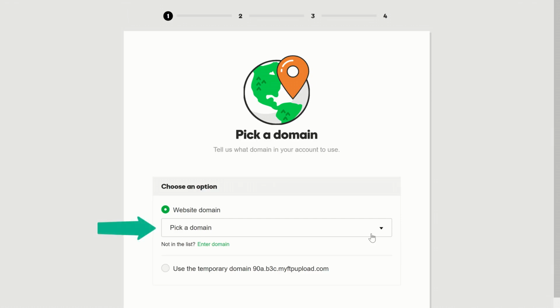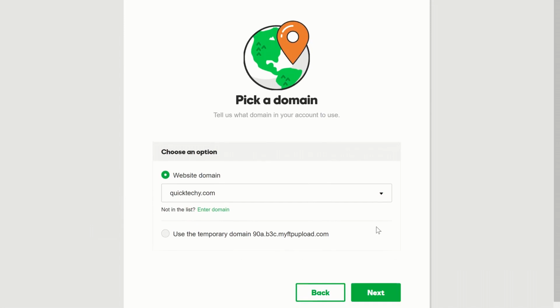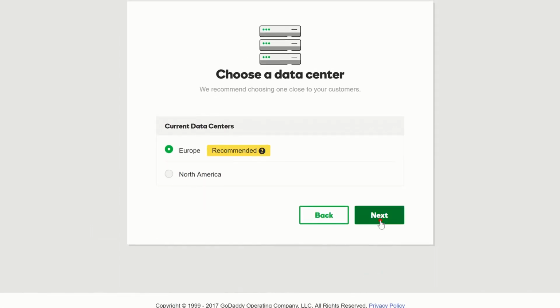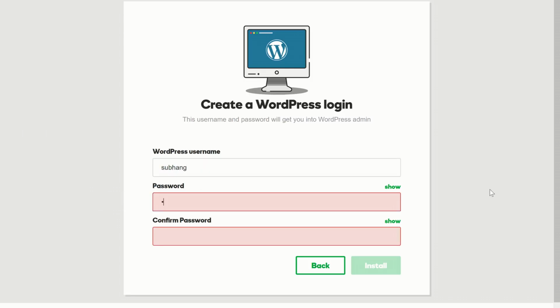Now just select your domain and click next. Then again click next. And now you need to enter a username and password for WordPress. You'll need this to log in into WordPress. So I'm going to enter my name and password and click install.